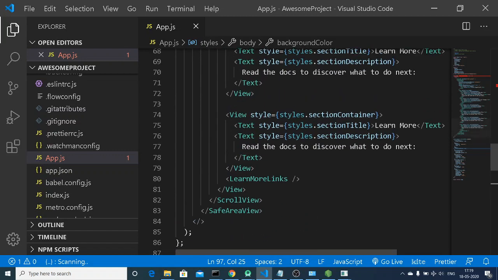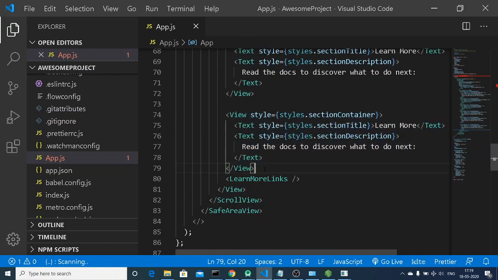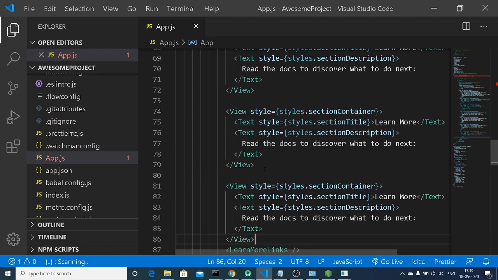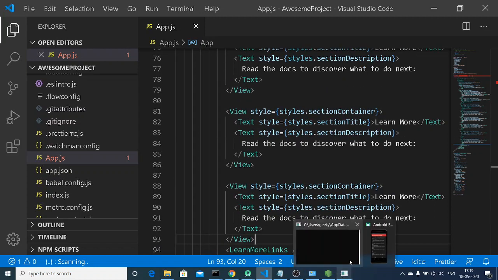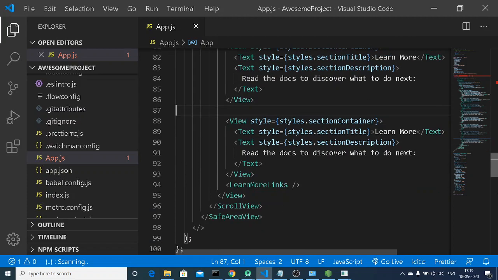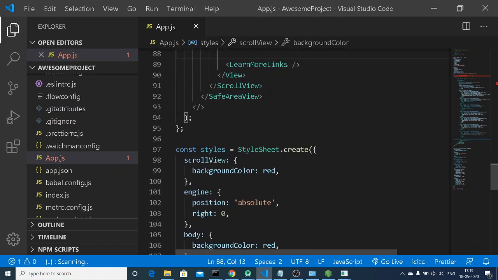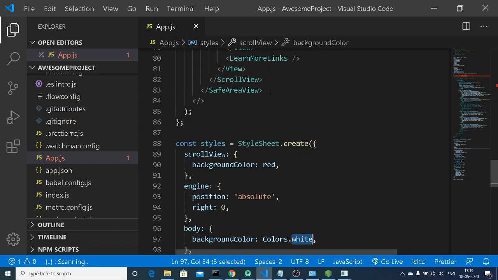And the next thing that we need to do here is that we need to add a new view element. Let me just Control C, and then we need to add it. Paste it, paste, and now if you want to reload it, go to your emulator. So you can see it is refreshing here. I think that it has created some problem here, so I need to fix it by colors.